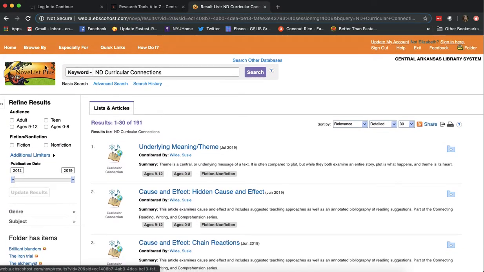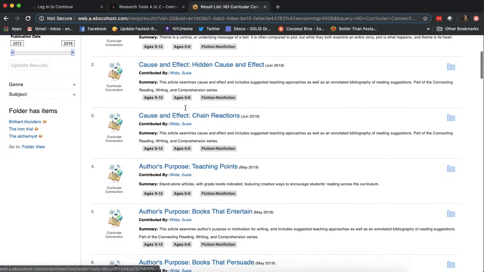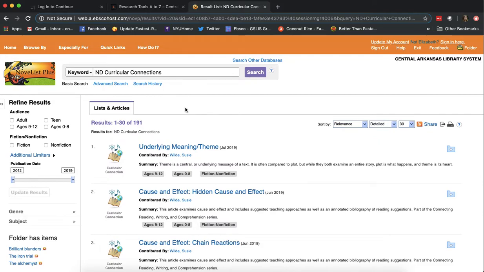Anyway, I thought an introduction to these resources would give you that next level of use and understanding of how to use NoveList Plus and really get the most out of it. I hope you've walked away with a little bit more information,